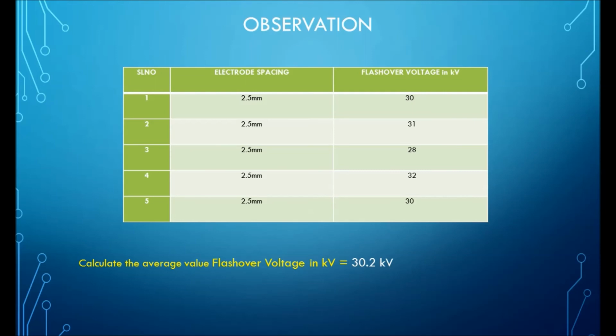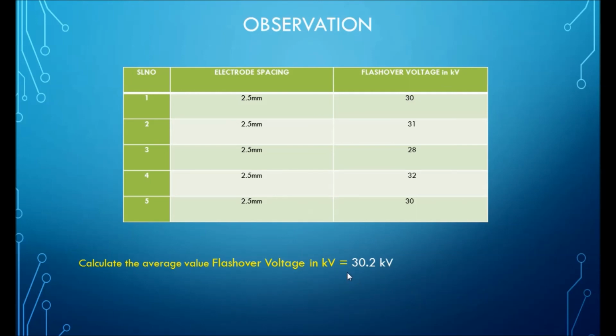If your transformer oil breakdown voltage value decreases, then different methods are available to increase the breakdown strength of the transformer oil. If some moisture enters the transformer oil, then first remove the moisture. How to remove it? First heat the transformer oil and remove the moisture. These are the different ways to improve the transformer oil. But now our experiment is only to measure the breakdown strength of the transformer oil.